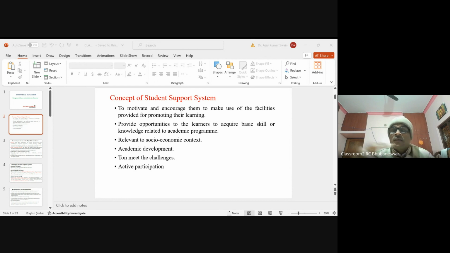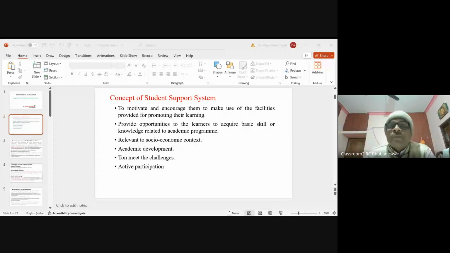So this is a very clear vision, clear objective. Why the universities or educational institutions offering education in distance mode provide student support. Second one is provide opportunities to the learners to acquire basic skill and knowledge related to academic program. What are the basic skill and knowledge of this program? This is a very important program. Remember it. So if some of you after success will join in educational administration or in general administration,